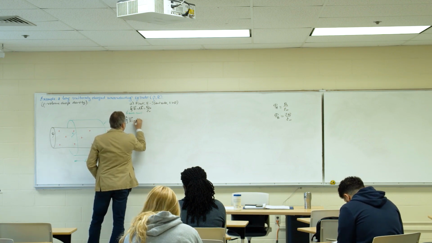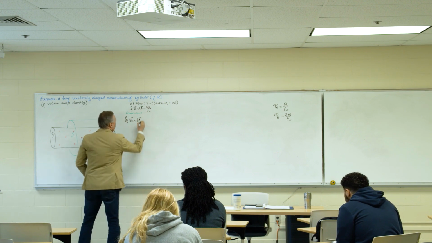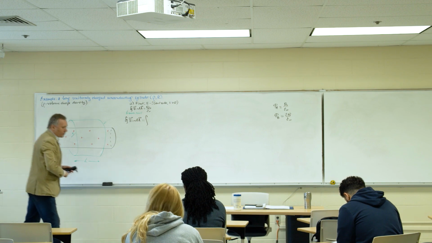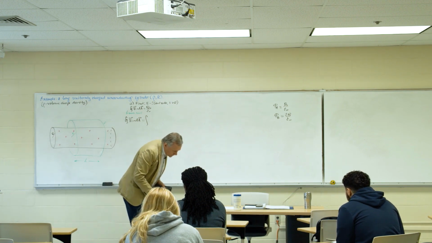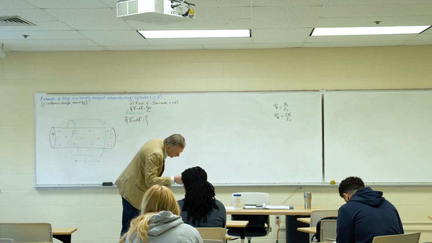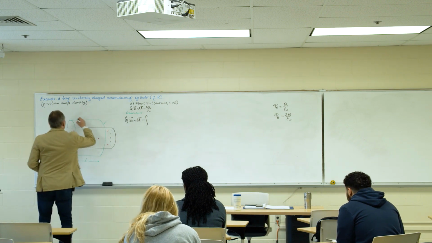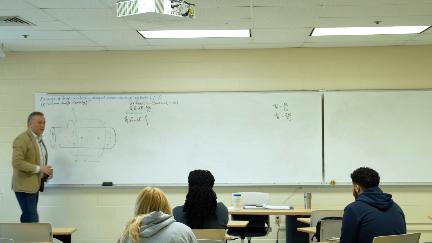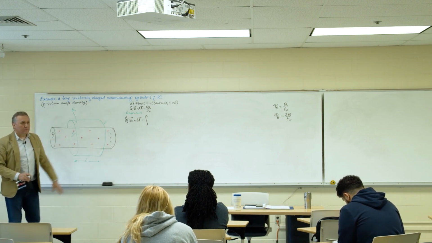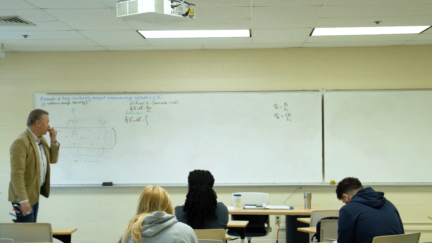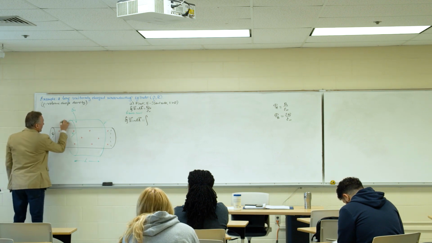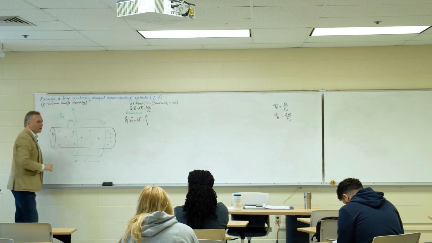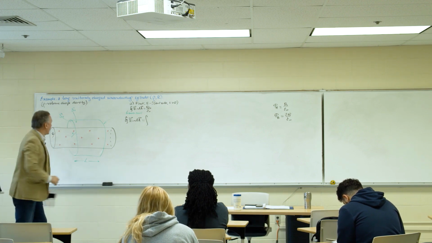E dot dA, right, equals... okay, let me label them. I think probably I will call these surfaces 1, 2, 3. So let me call this surface S1, the cylindrical wall, or that cylindrical surface. Then this front side or front facet, let me call it S2, and this back